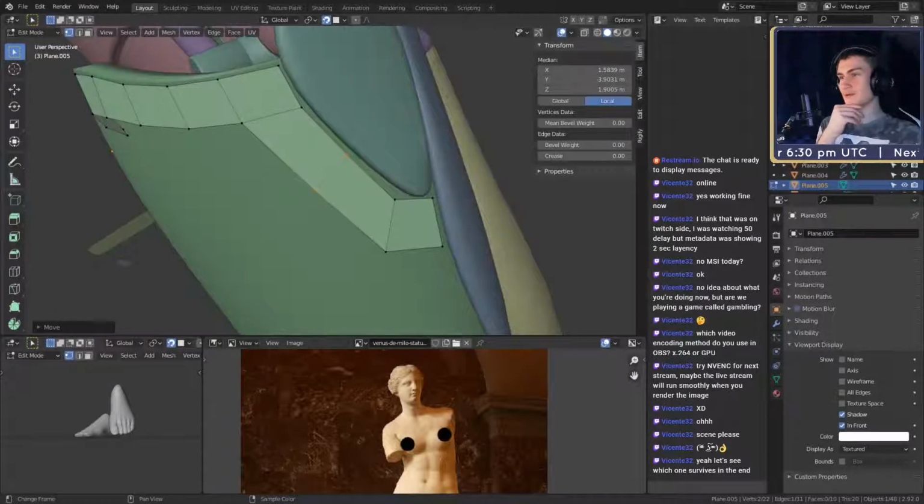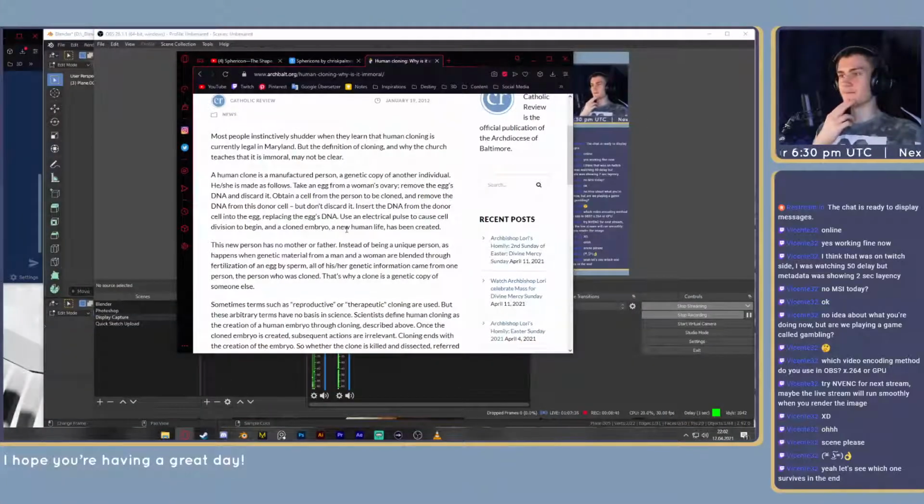Oh, human cloning is currently illegal in Maryland. A human clone is a manufactured person, a genetic copy of another individual. She is made as follows. Take an egg from a woman's ovary, remove the egg's DNA and discard it. Obtain a cell from the person to be cloned and remove the DNA from the donor cell. Hold on. There you go. You can see it as well. Use an electrical pulse to cause cell division to begin,